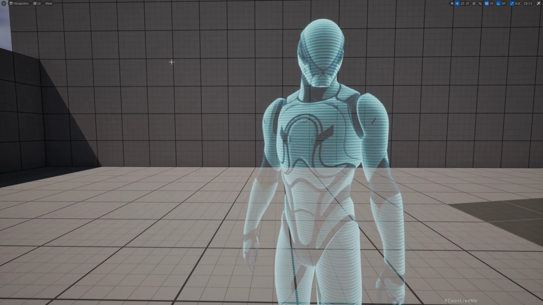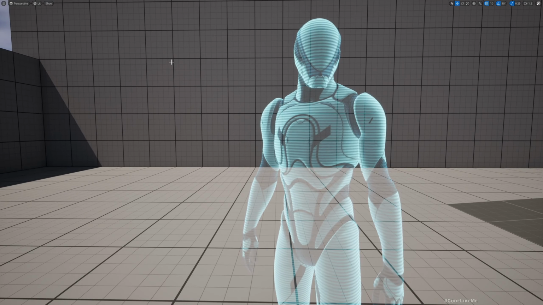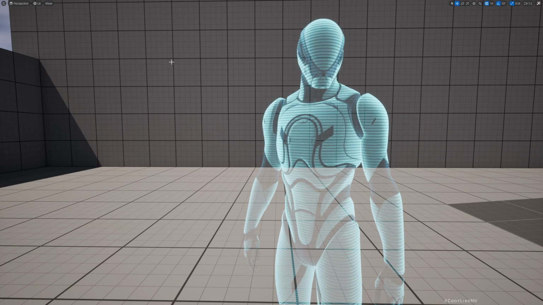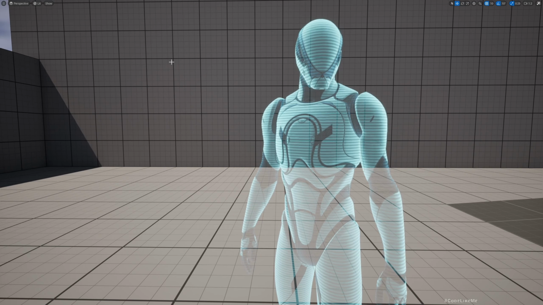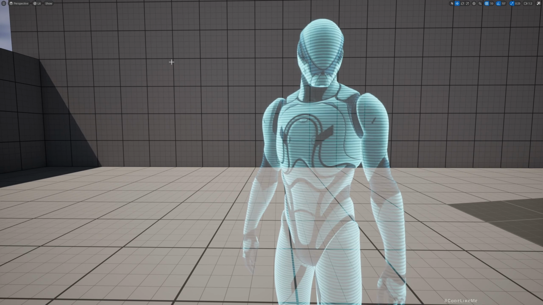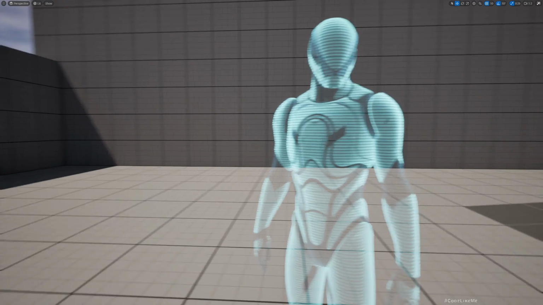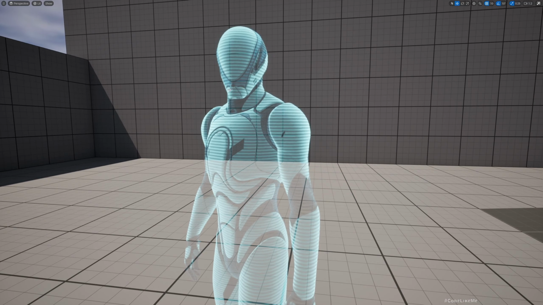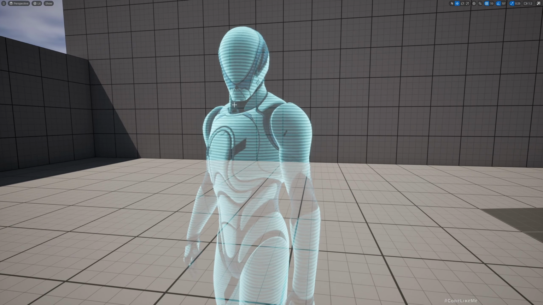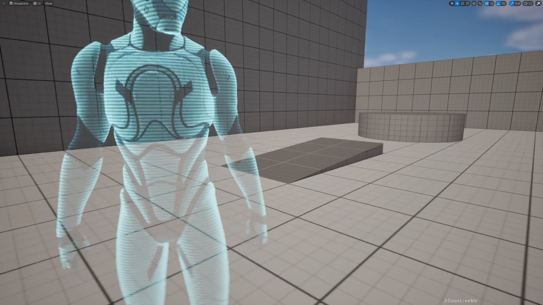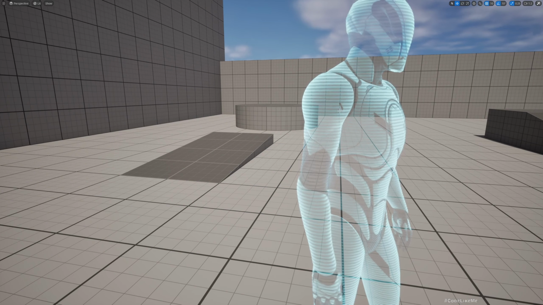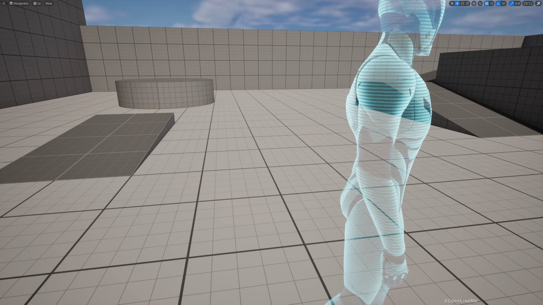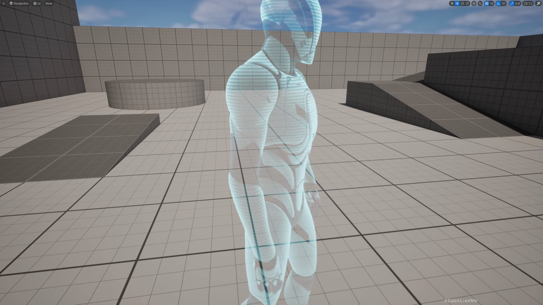Hello everyone. So today we are going to implement this hologram material in Unreal Engine. As you can see here, I have applied some kind of a holographic type material to the mannequin character. We have some stuff going on here, like these stripes that move down, and also some noise to make it look more like a hologram. And also, as you can see, there are no inner faces, inner triangles rendering here because they have